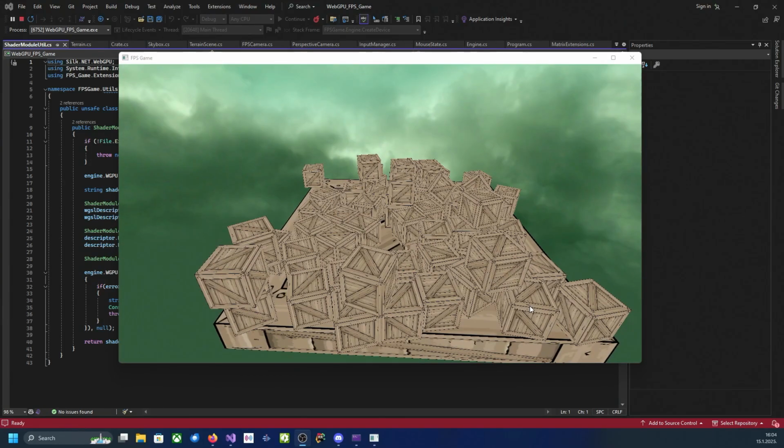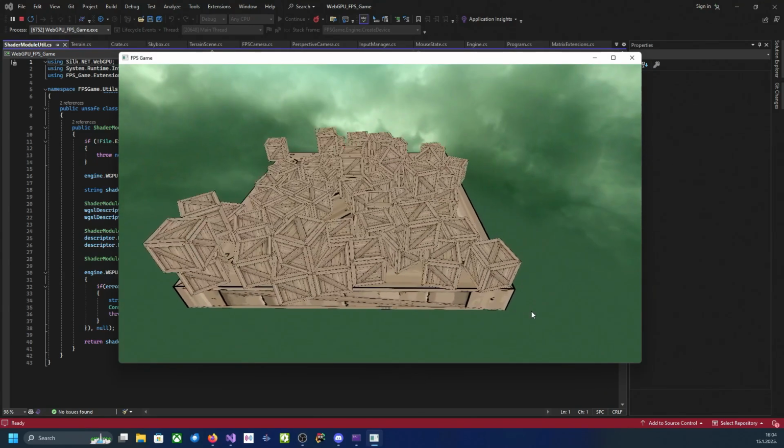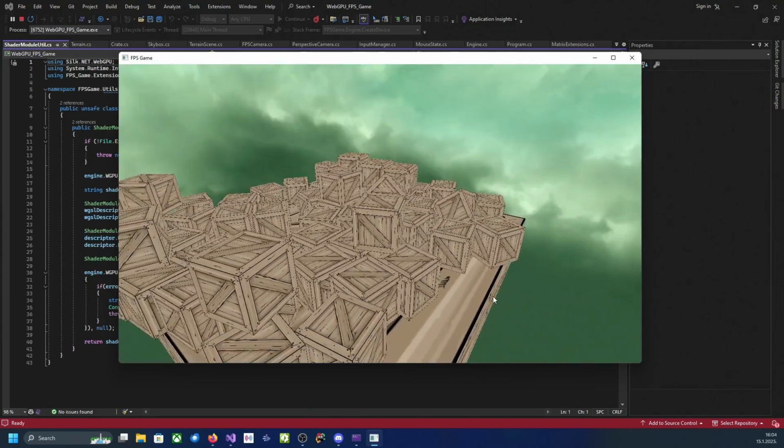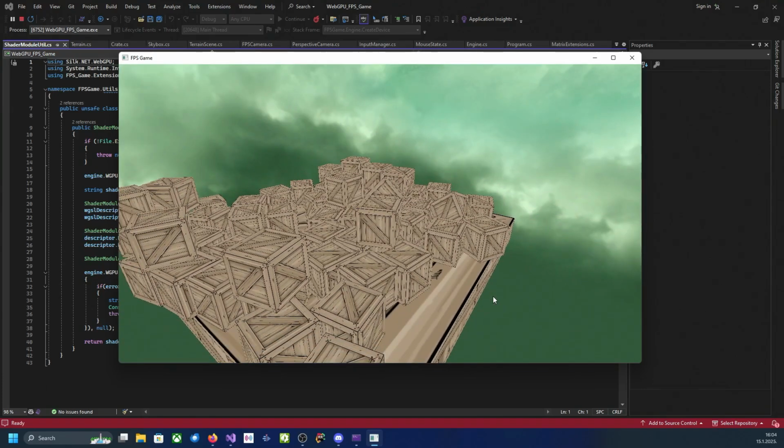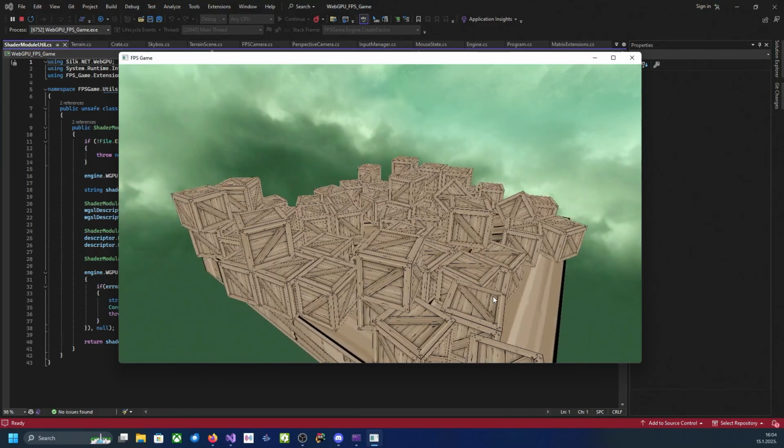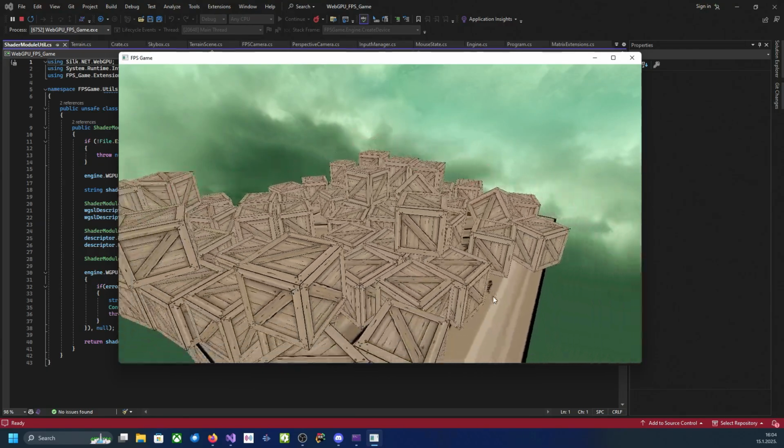So last time we left off, we had just set up our basic physics, and as you can see here, it kind of works. So for this video, what I want to do is just debug physics. And how can we do that? Well, we can draw the lines or something like that, and